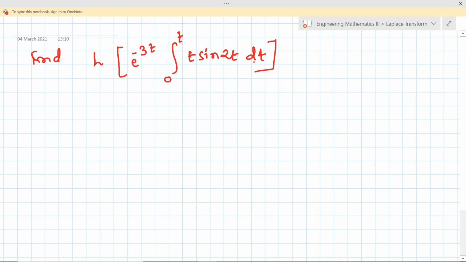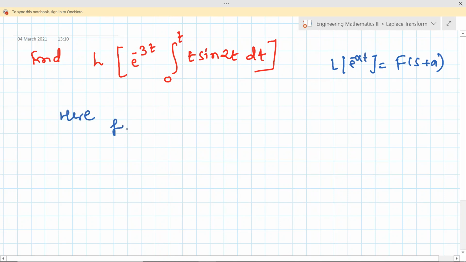First is Laplace transform of integral, second is multiplication by t, and third is first shifting theorem. Okay, now what is my f of t? Firstly, Laplace transform of e raised to minus at f of t is nothing but F of s plus a, the first shifting theorem. S is replaced by s plus a in F of s. What is f of t?